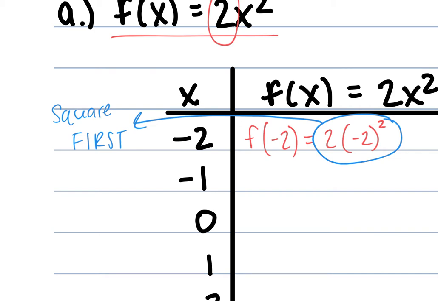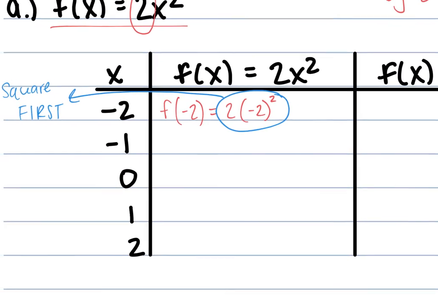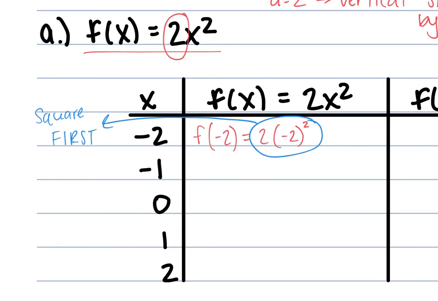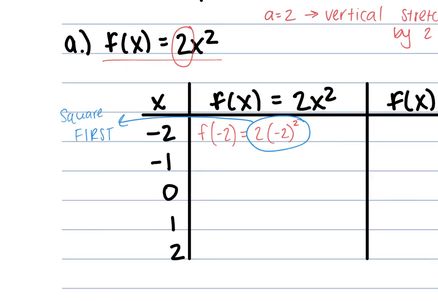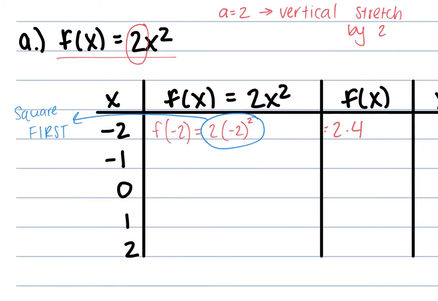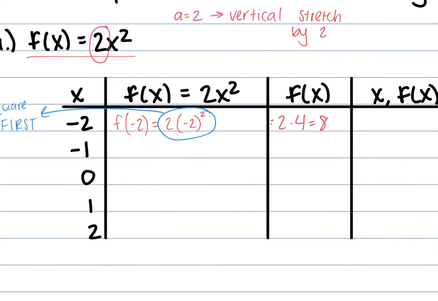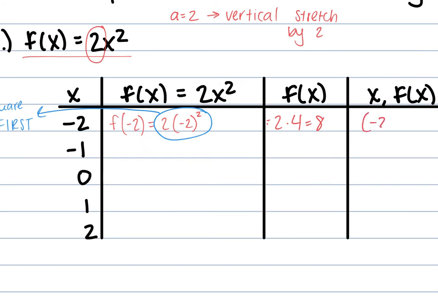Are you guys cool with that? So, what is negative 2 squared? Nope. Positive 4. So this is going to be 2 times positive 4, which is 8. So our first point is at negative 2 comma 8. Okay. My second point is going to be f of